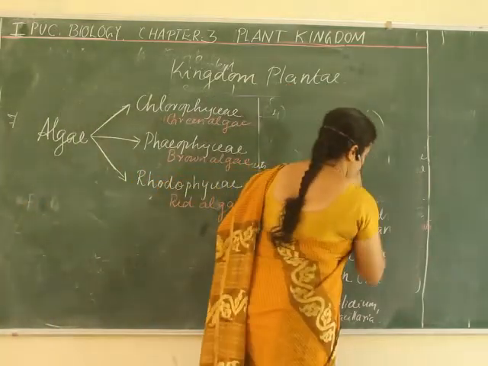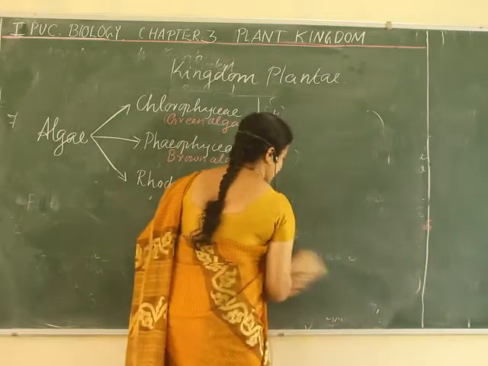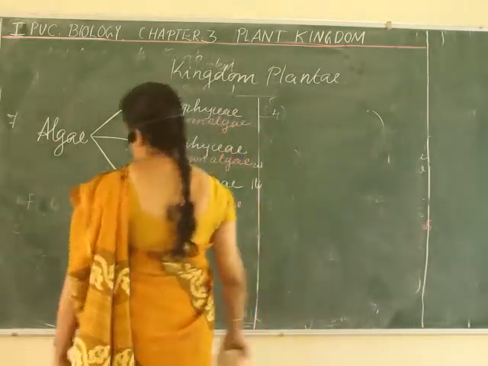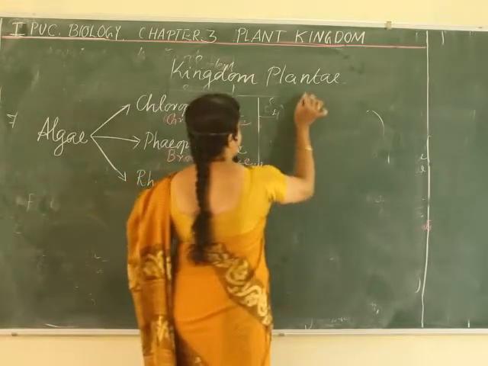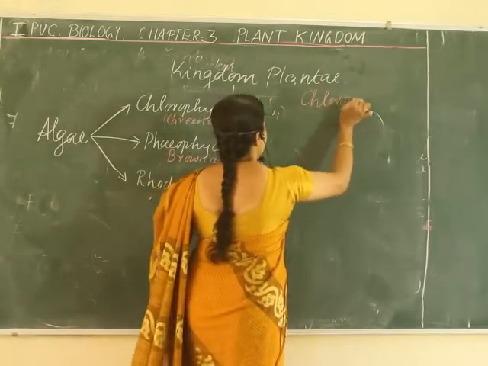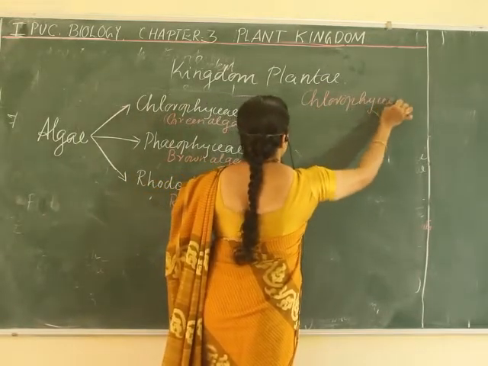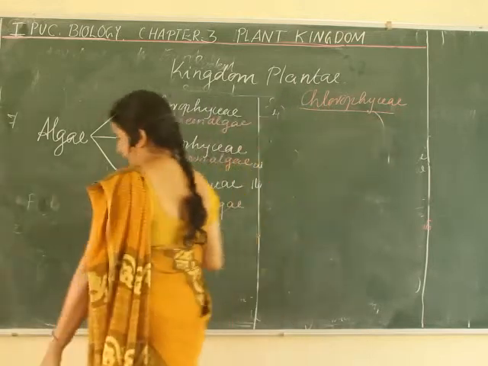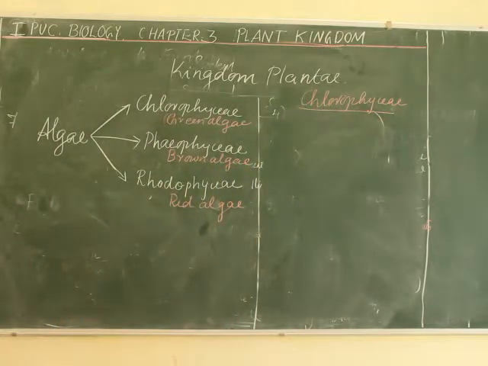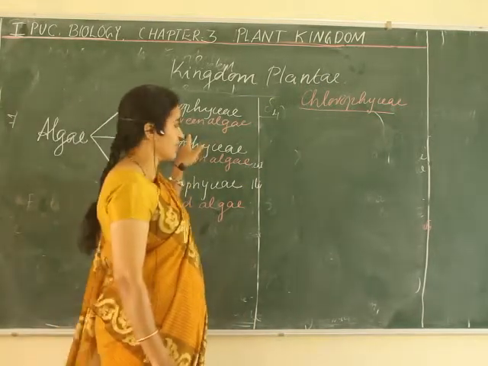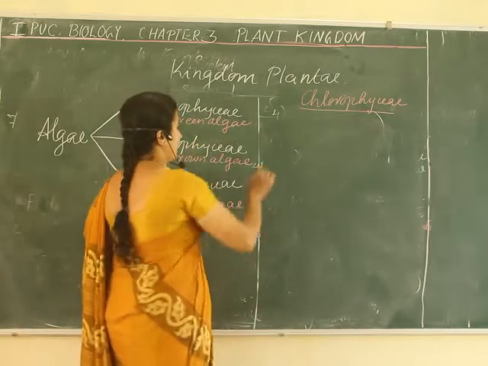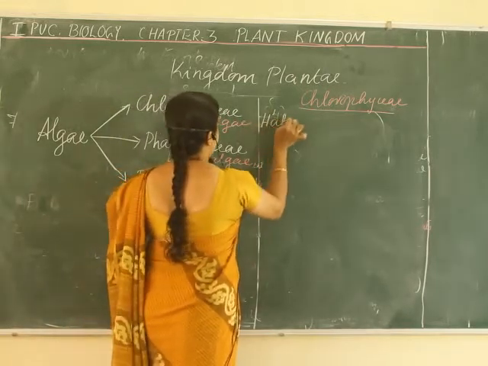Ready? So Chlorophyceae is also called green algae. Why is it called green algae? Because it is green in color, right? Members of Chlorophyceae are commonly called green algae. When you are studying each type of algae, there are some characteristic features you can use in common. First you can write the common name, which I have already written here: green algae.